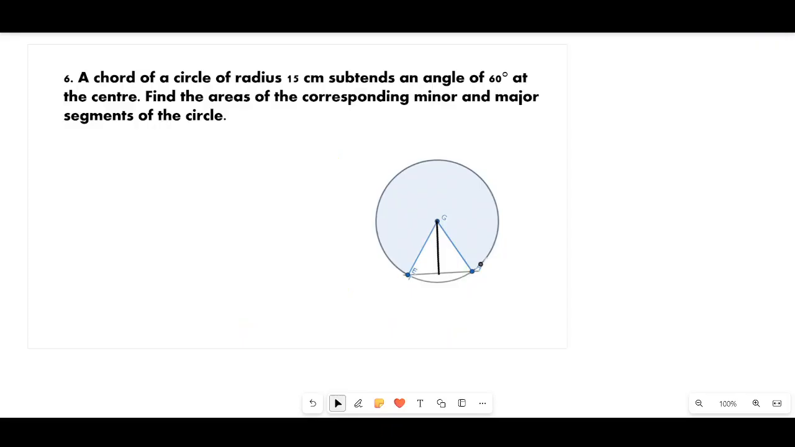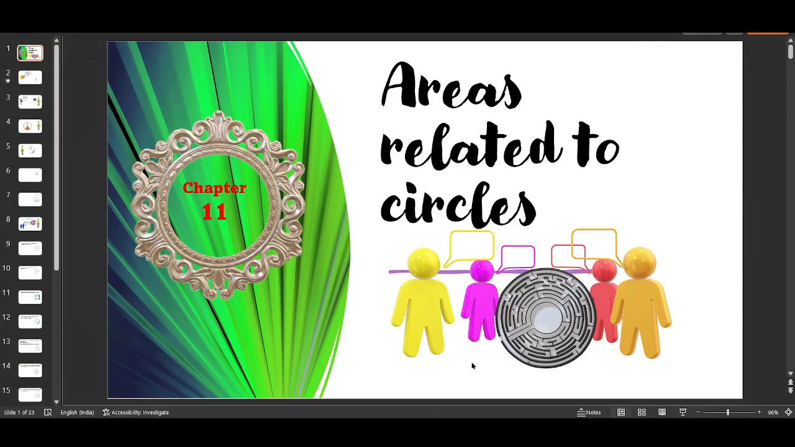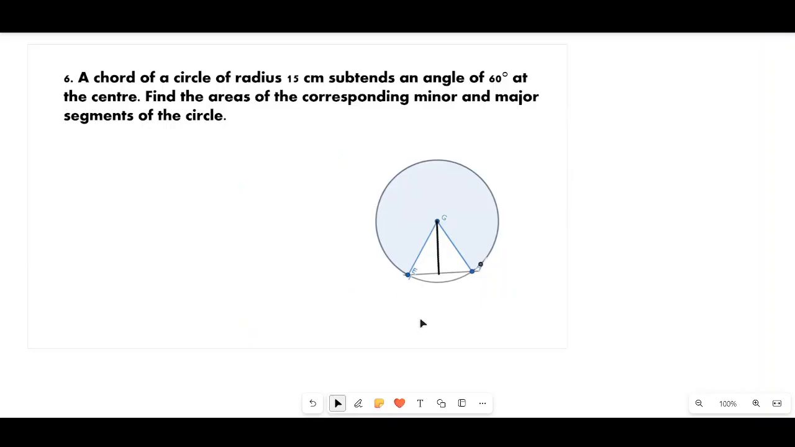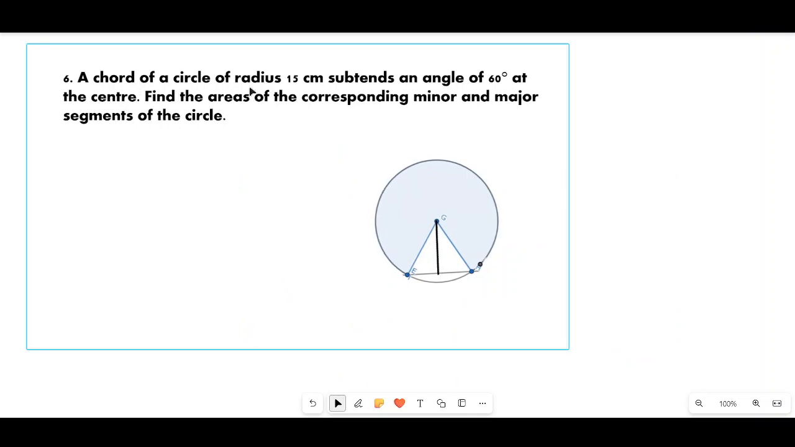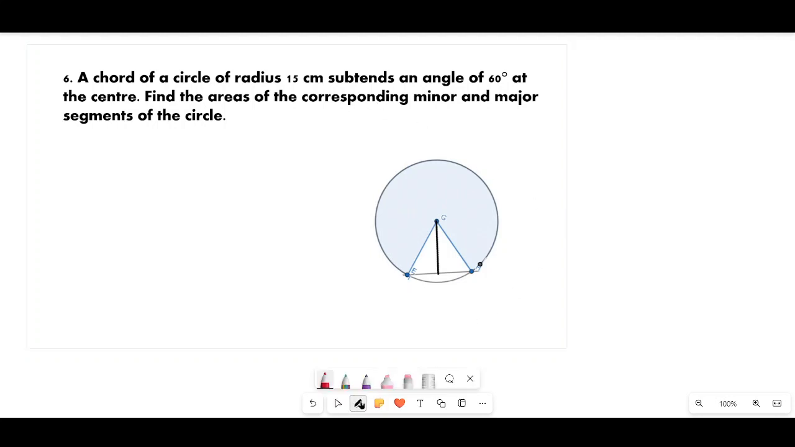Hello guys, we are solving the exercise of this chapter 11, areas related to circles. So we will continue it from the question number 6. Now come at the question number 6. Here, a chord of a circle of radius 15 centimeters subtends an angle 60 degree